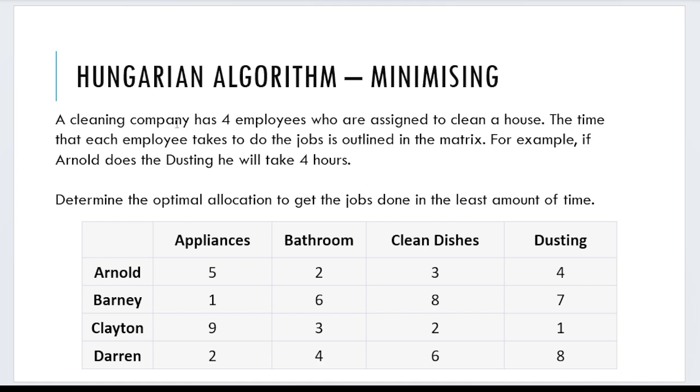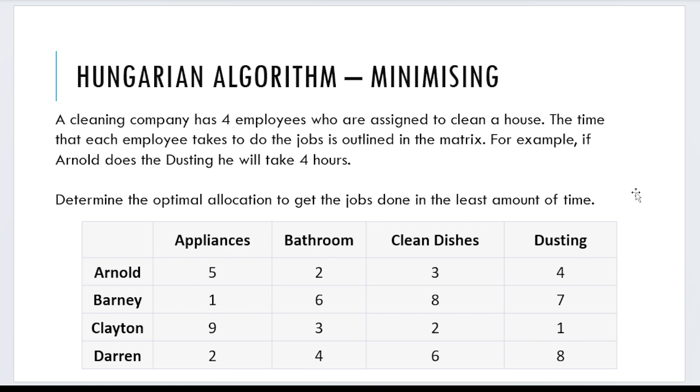So the question here, we've got a cleaning company with 4 employees who are Arnold, Barney, Clayton, and Darren. They're assigned to clean a house. The matrix shows the time that each employee takes to do the jobs, which are clean the appliances, clean the bathroom, clean the dishes, and dusting. An example is that if Arnold is doing the dusting, it's going to take him 4 hours. We want to do the optimal allocation of people to jobs to get all of the jobs done in the